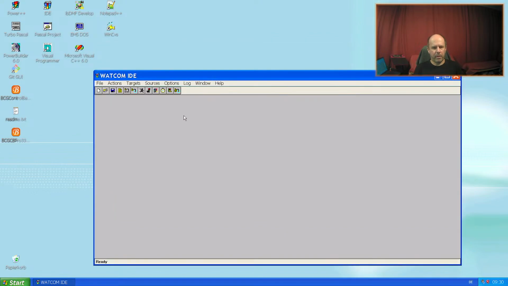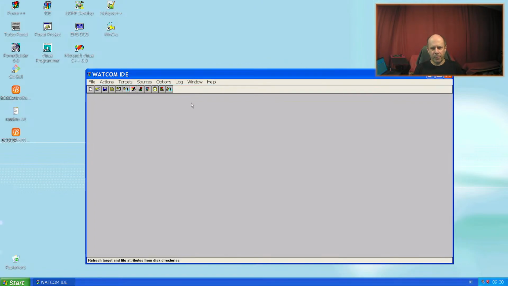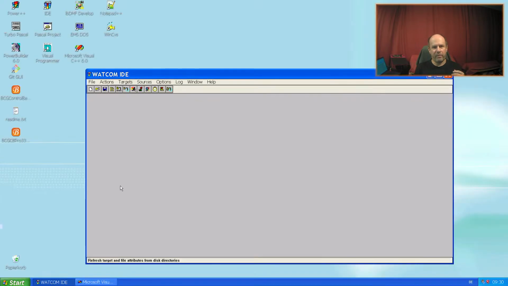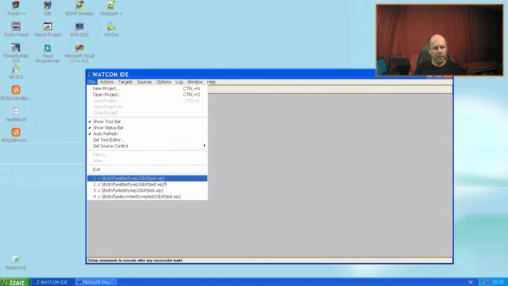And from those days until now, I cannot understand that this product is still available in this form. From the usability side, when I compare it to Visual Studio or Visual C, for example, from the debugging experience. And my next project I want to show is a 16-bit one.